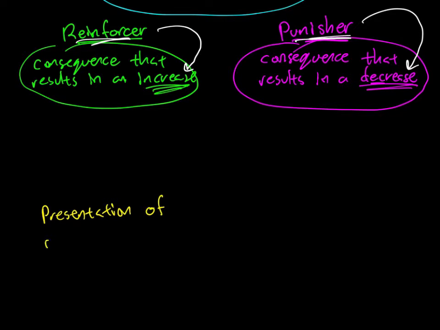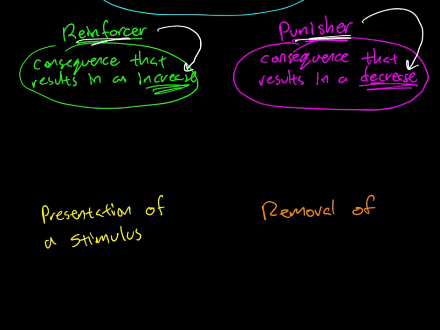of a stimulus. So this would be, for example, we are presented with the candy bar. We put money in the vending machine. We're presented with the stimulus of the candy bar. What we mean is the candy bar is added to the situation. And the other possibility is, of course, that we could have removal